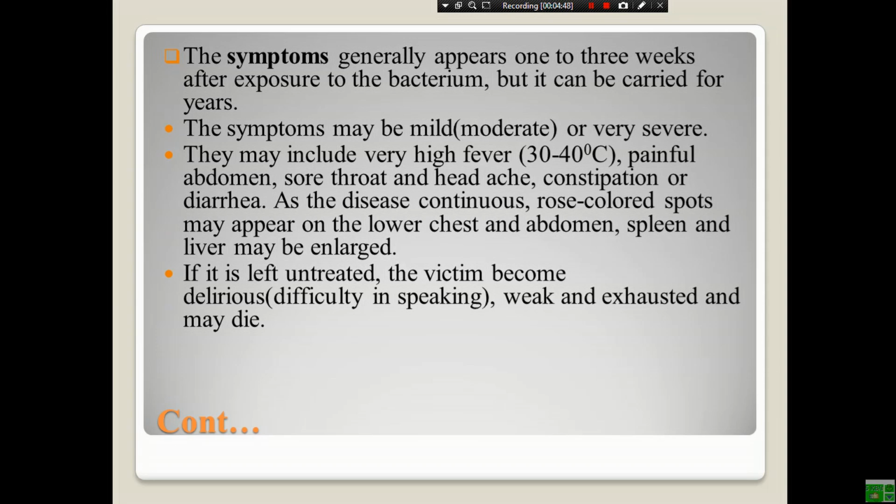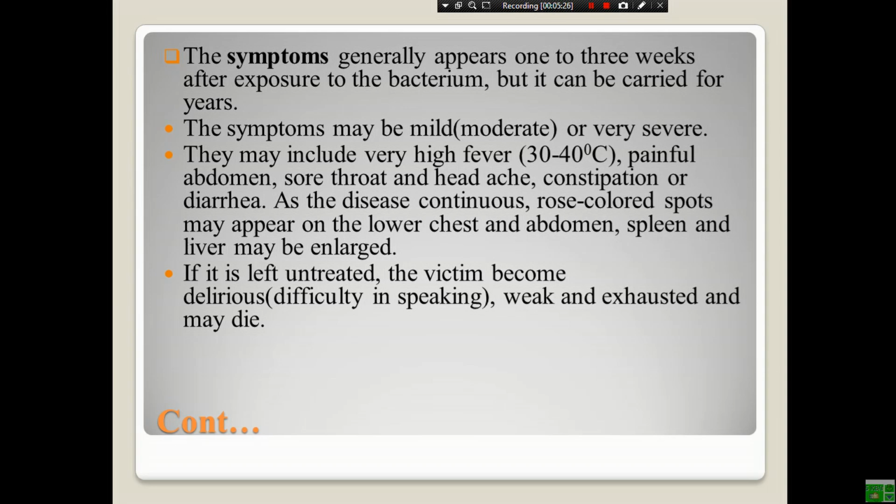Symptoms. Generally, typhoid fever appears 1 to 3 weeks after exposure to the bacterium Salmonella typhi, or typhoid bacillus, but it can be carried for years. The symptoms may be mild or very severe. They may include a very high fever from 30 degrees Celsius up to 40 degrees Celsius, painful abdomen,